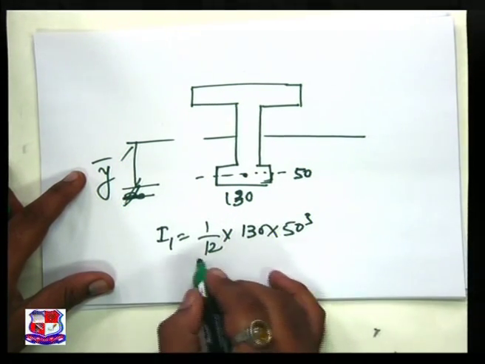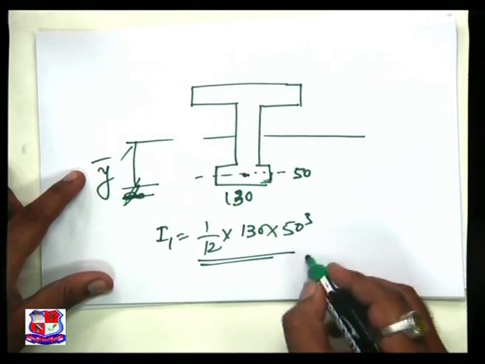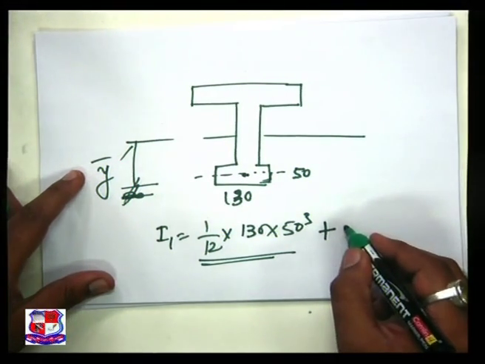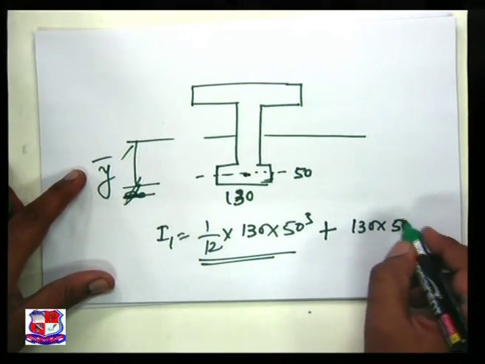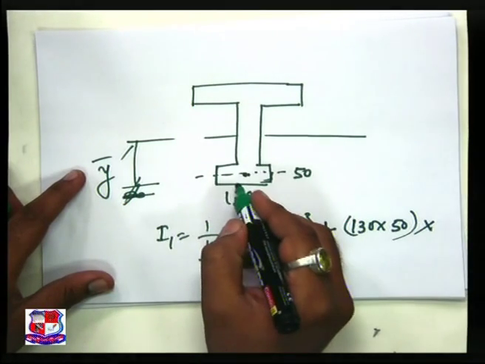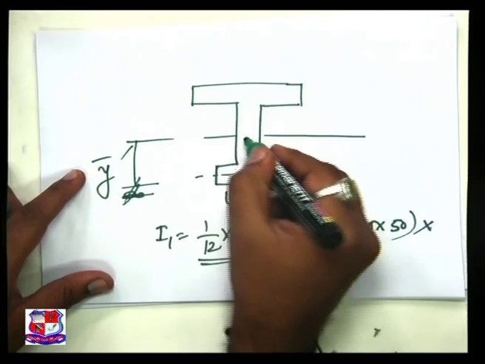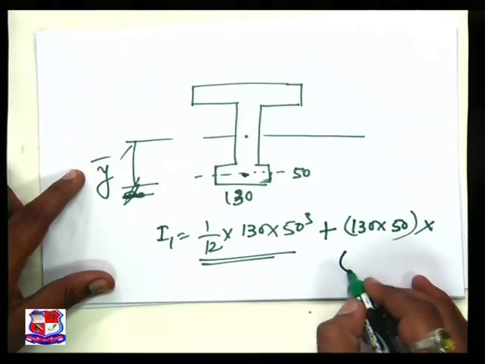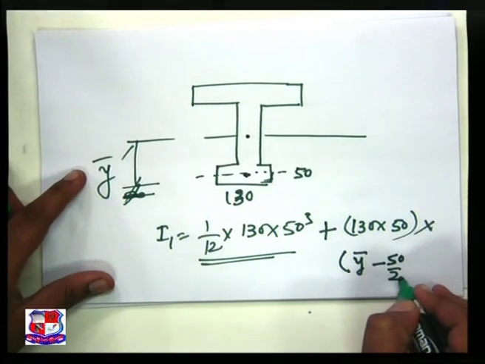That is the moment of inertia for itself, its CG, plus A h square, area 130 into 50 into h square. h is the distance from this CG to the neutral axis, that is y bar minus 50 by 2